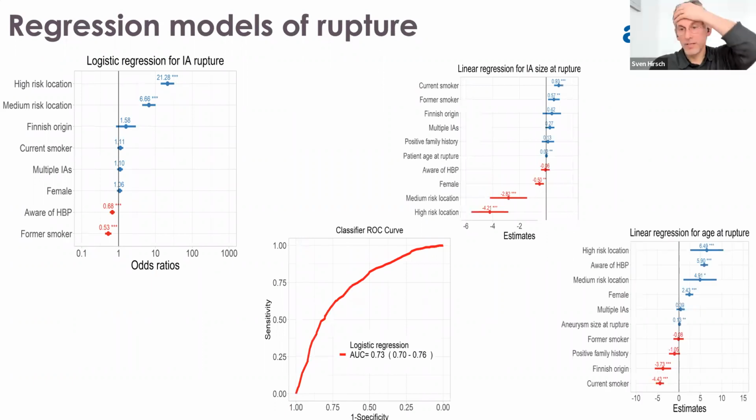So what we did also is look at regression models for that on this bigger database, just to see what is the importance of different factors. And that's how the clinicians look at it, at odds ratios for certain factors.